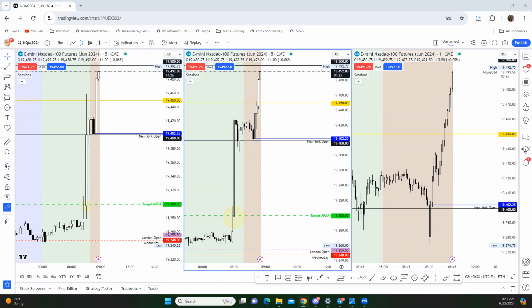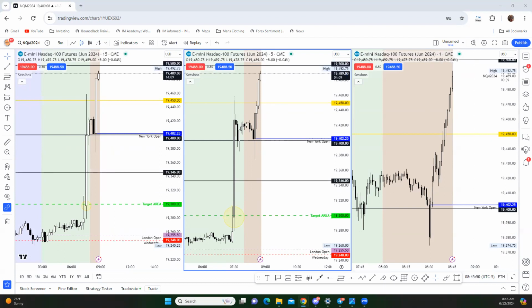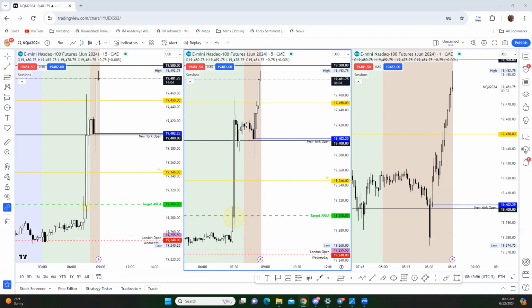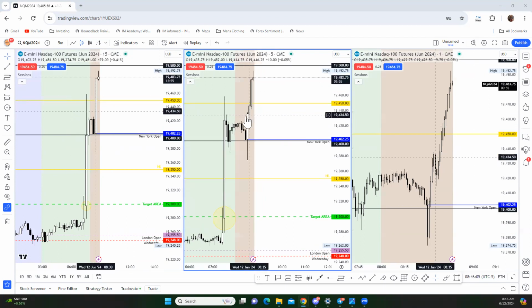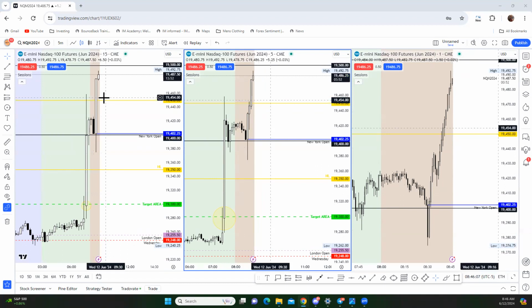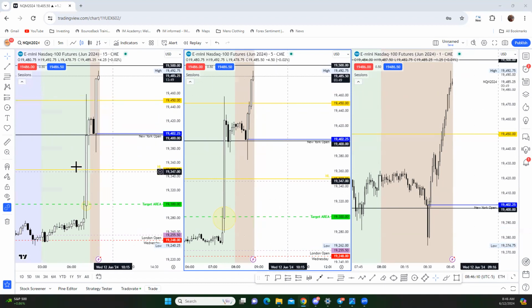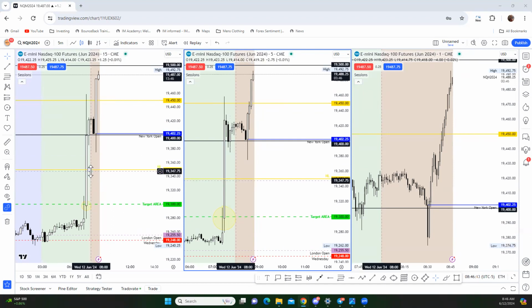Okay, so we've already moved 100 points just from New York Open, which is pretty fire, not gonna lie. So now a lot of liquidity is at the news, a lot of liquidity is at New York Open. So even if we were to trace back into somewhere like the 19,350s, that would be an area I would like if it starts to break down. A good area, I think, personally, to be looking at. If we were to get an entry above somewhere up here and fall back into 50% of the inefficiency, this expansion candle, then that'd be a good trade.